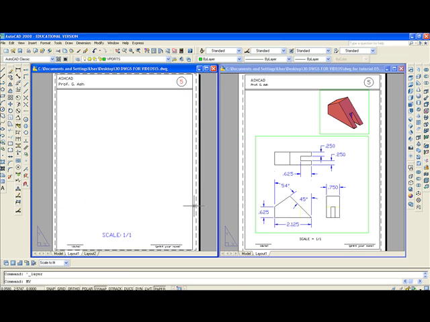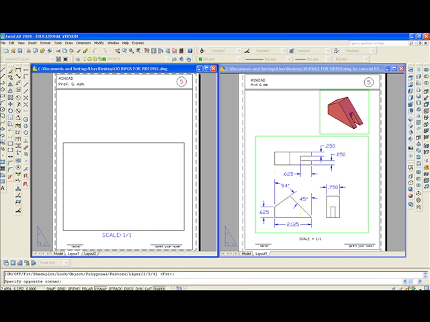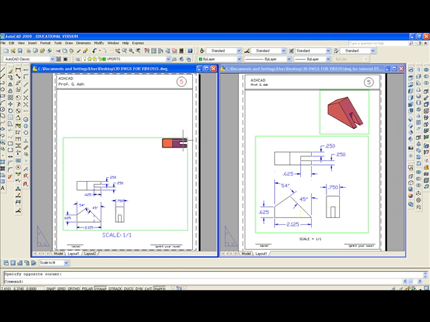I'll type MV for MView and make a big window like that. Enter, make a smaller window like that. Double click inside the small one, go to southeast isometric,